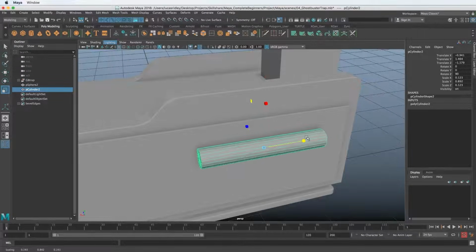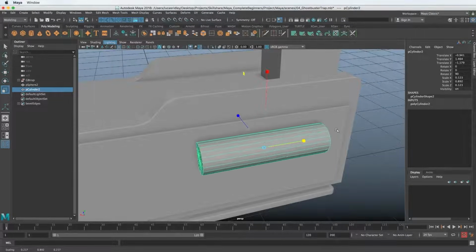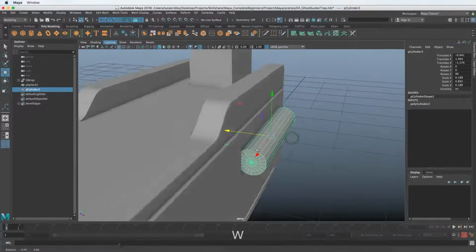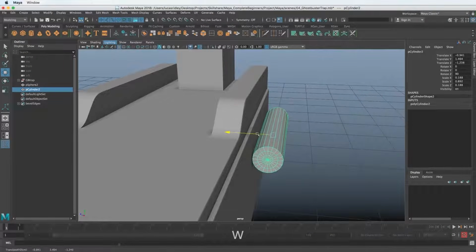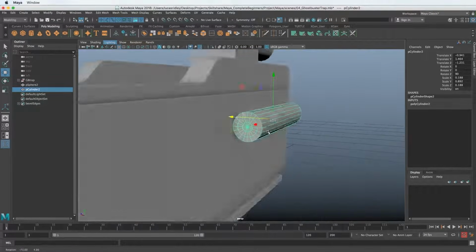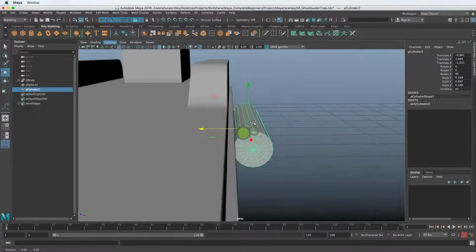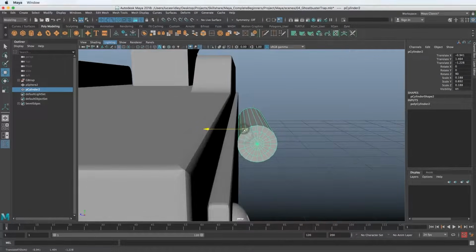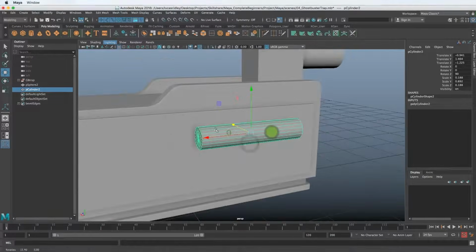And now it's isolating those other two. You can see the red and blue handles are going up and down, but the one I'm clicking on isn't. This is a huge, helpful little tip that took me a couple years to figure out, and now you know it in the first hour of learning Maya. So this is the benefit of taking these kinds of classes. You can learn what took me quite some time to learn.